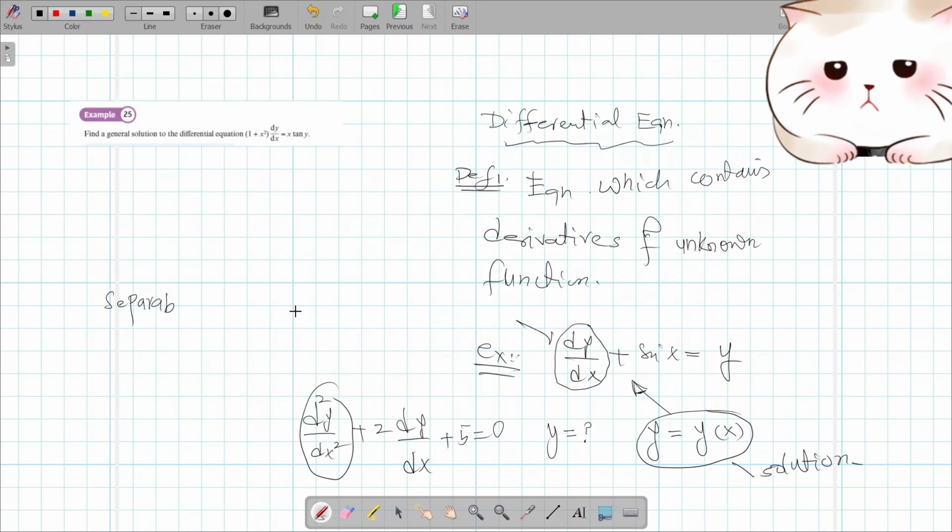In the first chapter of differential equations, we basically encounter first order differential equations. There are a lot of types of first order equations which are analytically solvable. There are only a limited number of equations which we can solve analytically, meaning we can find such y which satisfies the equation. Not in all cases. The first type of first order differential equation which is solvable by analytical methods, meaning we can find the exact solution, is